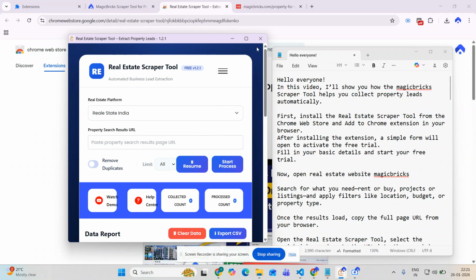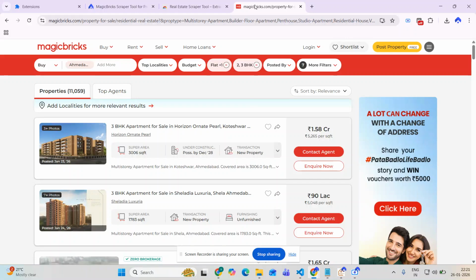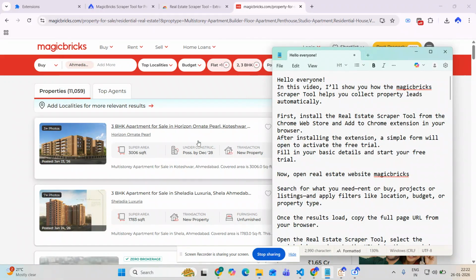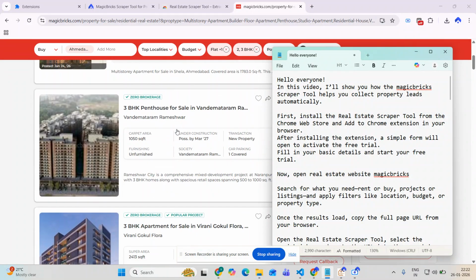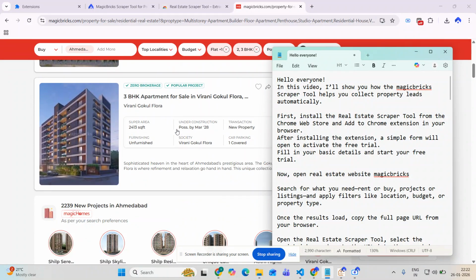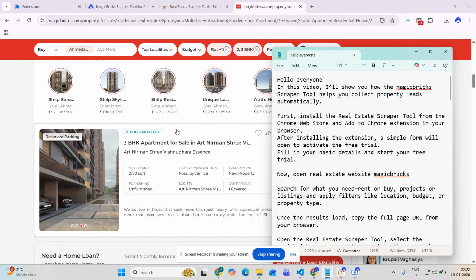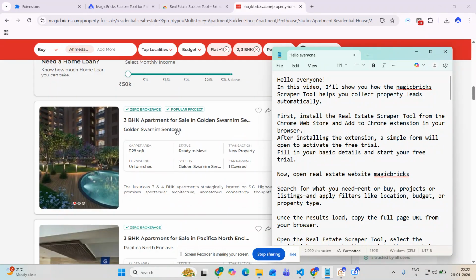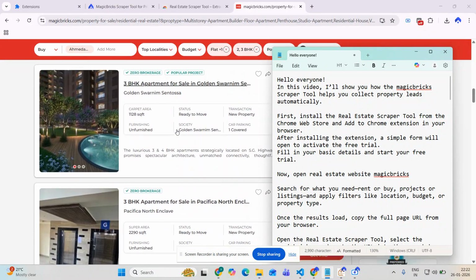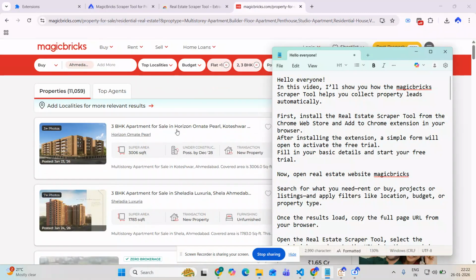Now open the real estate website Magicbricks. Search for what you need, rent or buy, projects or listings, and apply filters like location, budget, or property type. Once the results load, copy the full page URL from your browser